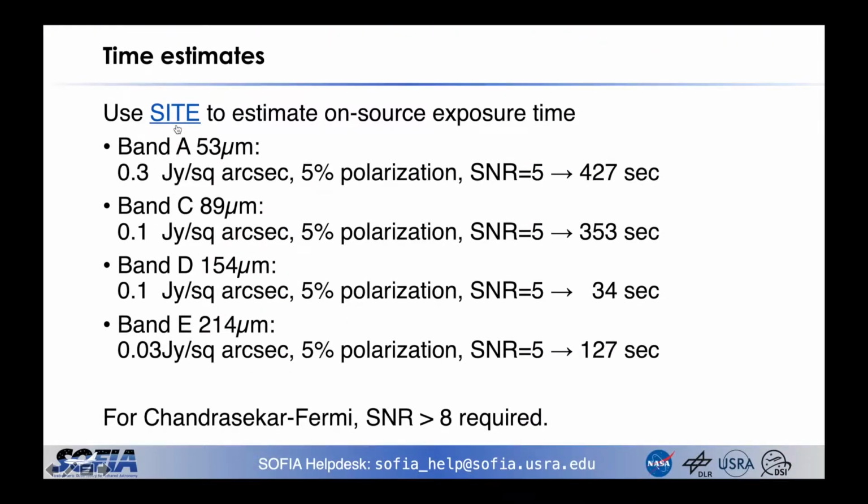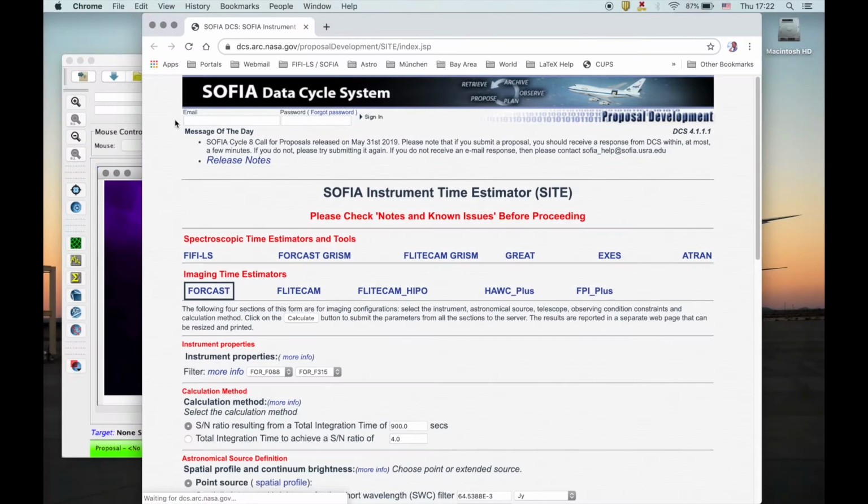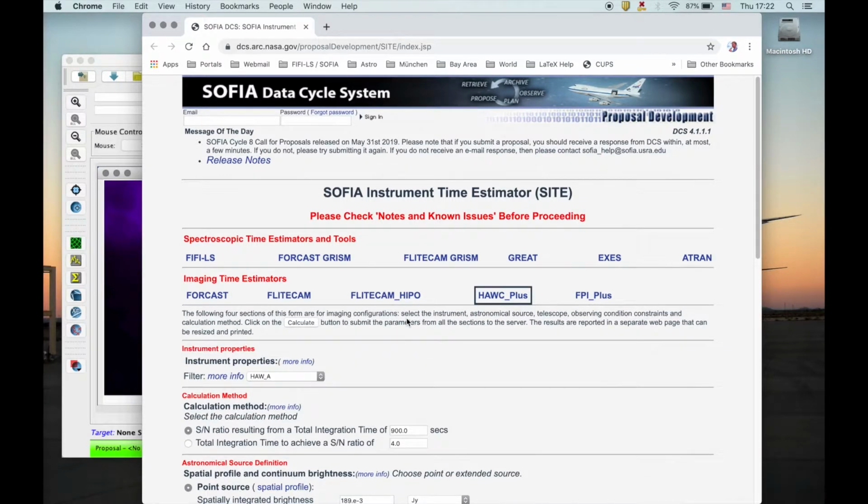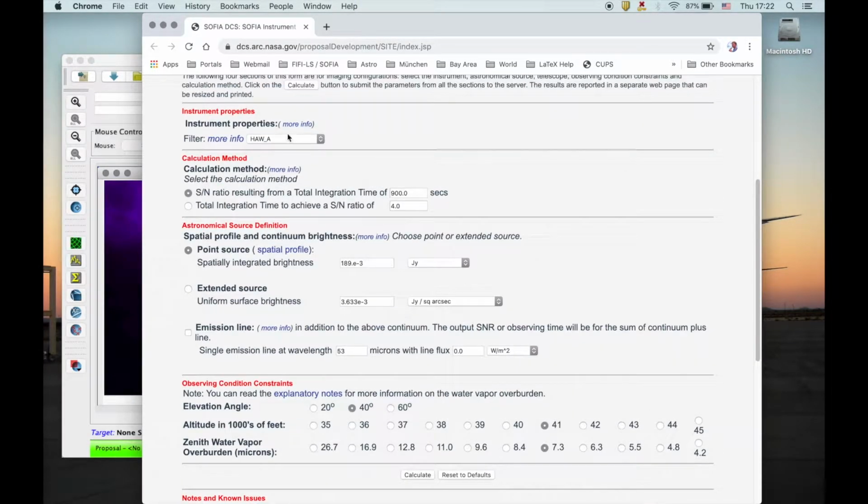Now, for the time estimate, you can use SITE, the SOFIA Integration Time Estimator. You find it here on our DCS webpage. It defaults to FORCAST, but let's switch to HAWC+. Obviously, we need to select the HAWC filter. Since we want to do polarization, we use here the filter selections down below, where HWP stands for half wave plate. Let's start with the shortest wavelength,